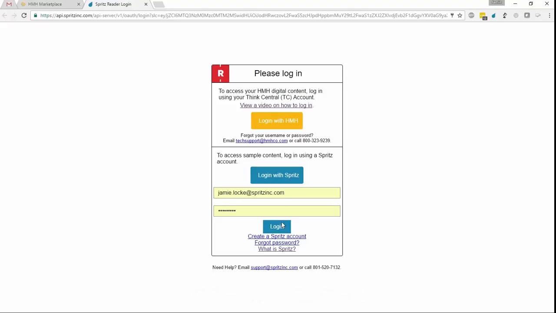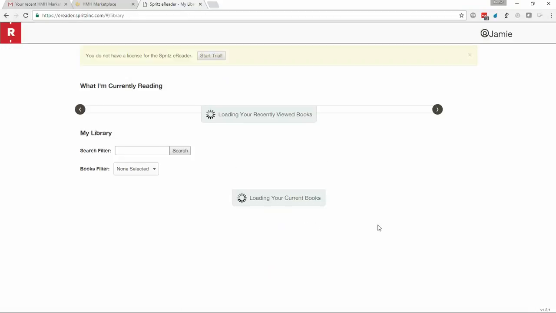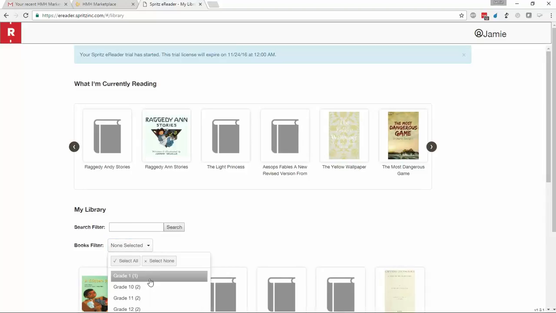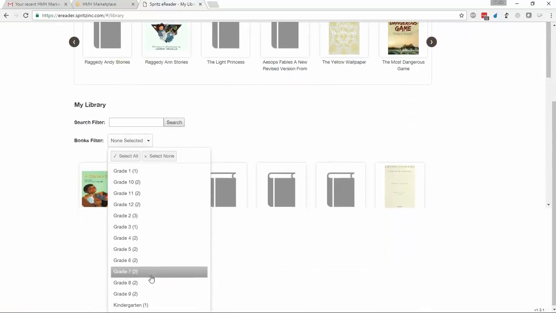Once you've entered your login information under the Login with Spritz button, you'll be taken out to your library page for the first time. Since this is your first time logging into the eReader, you'll need to click on the Start Trial button to begin a free 30-day evaluation of the eReader with your students. Once you've started your trial, your sample library will begin to load. We've loaded your account with lots and lots of sample books that are useful for students between kindergarten and 12th grade. To filter the books in your library by grade level appropriateness, just click on the drop-down menu next to where it says